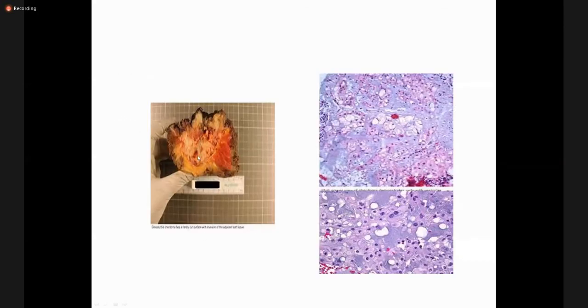These are the chordomas. You see the tumor in the bone. This one is a tan tumor with areas of hemorrhage, and there are large vacuolated epithelioid cells with bubbly cytoplasm. These bluish pinkish tinges appear, and this vacuolation gives the cells a bubbly appearance, and we call them physaliphorous cells. These vacuolated cells are the physaliphorous cells. So these are on the bluish background. Then these epithelioid cells, large plump cells, are the epithelioid cells.